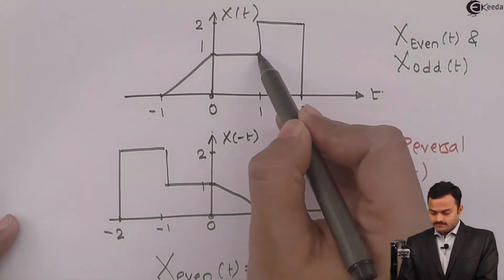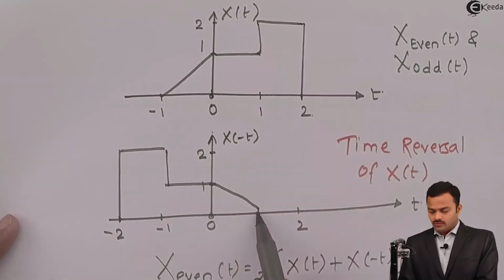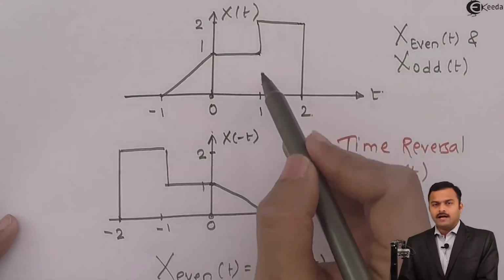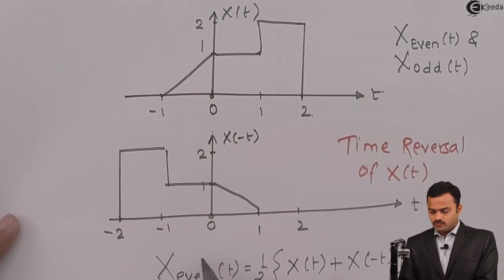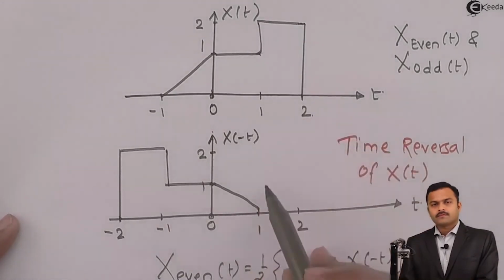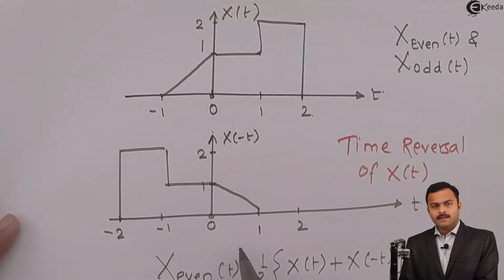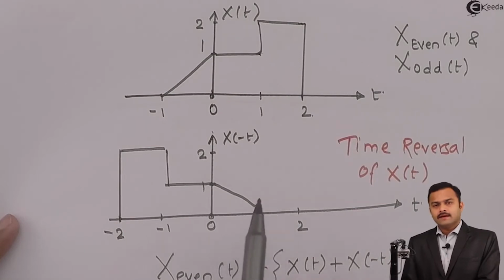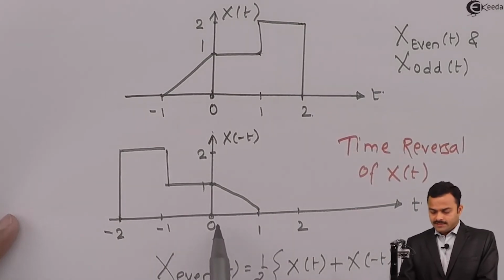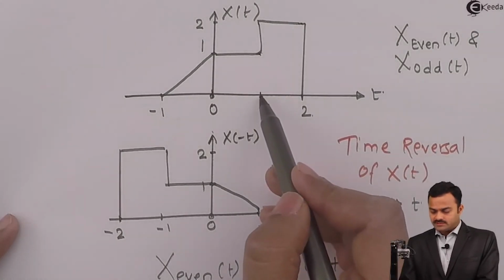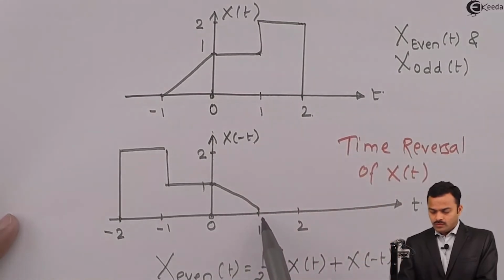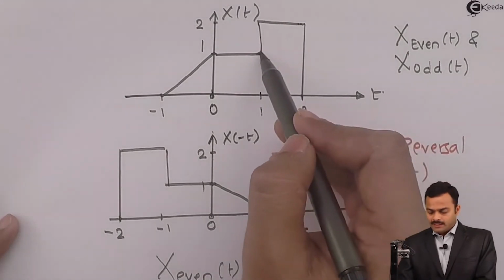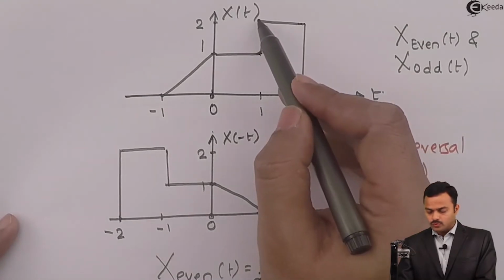Here it is 1, here it is 0. So if I add, I will get the value equal to 1. Meaning I should get a straight line with the slope of minus 1, but at t equal to 1 it should reach a value equal to 1